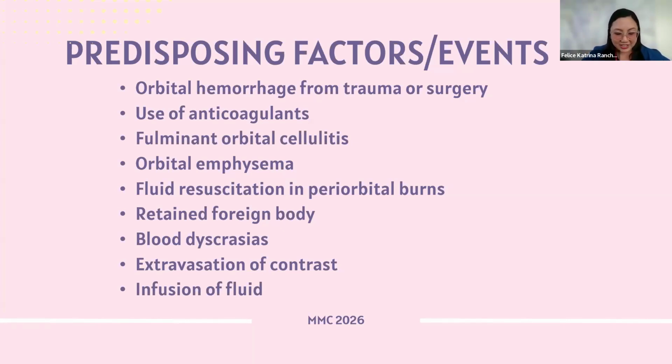Retrobulbar or peribulbar anesthesia can cause OCS in two ways. So number one is piercing a vessel while the needle is in the orbit. And number two is infusion of too much anesthetic, too much fluid. So the normal volume of the orbit, as we know, is 30 cc, 30 milliliters. And if we take together the volume of the globe and the adnexal structures, that's already 26 to 27 milliliters already. So we only have a little wiggle room for injecting our lidocaine. So injecting too much saline or medications into the orbit can put patients at risk for OCS as well.